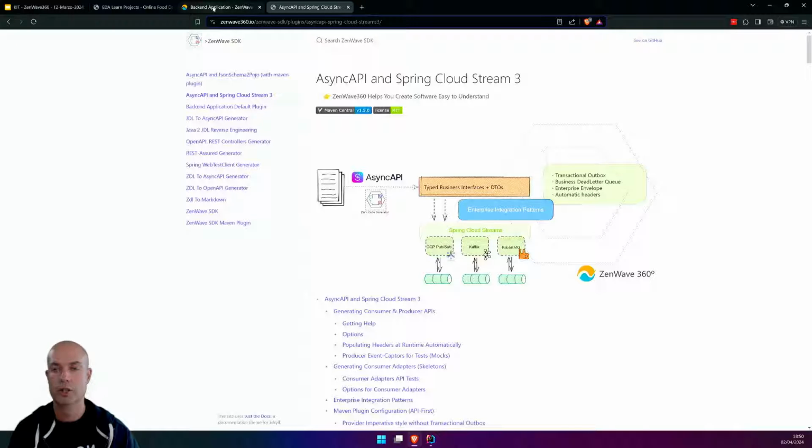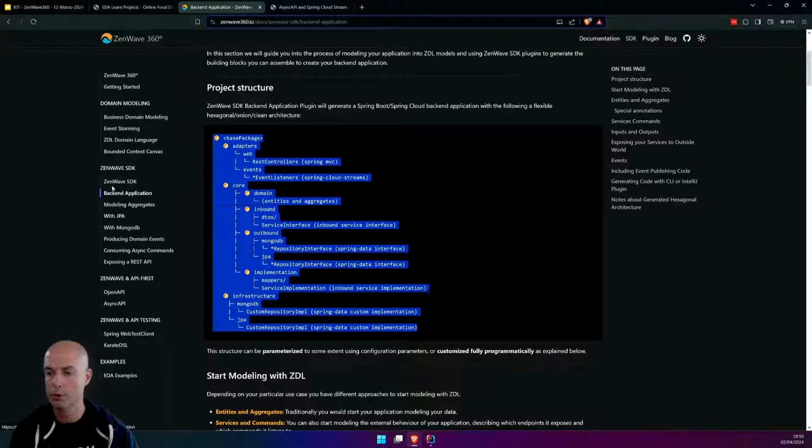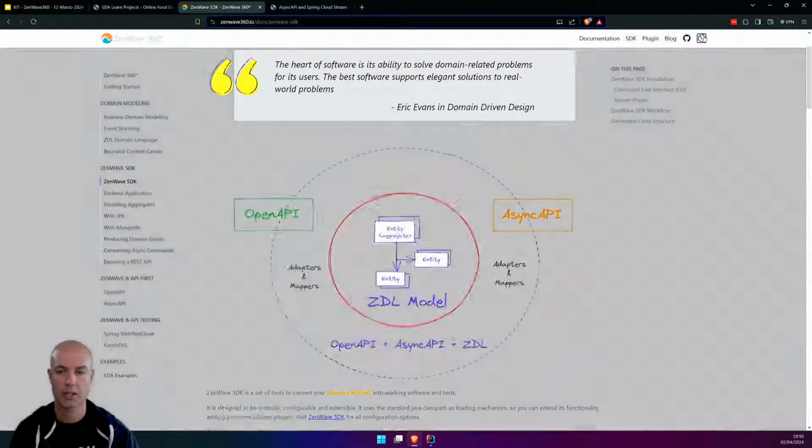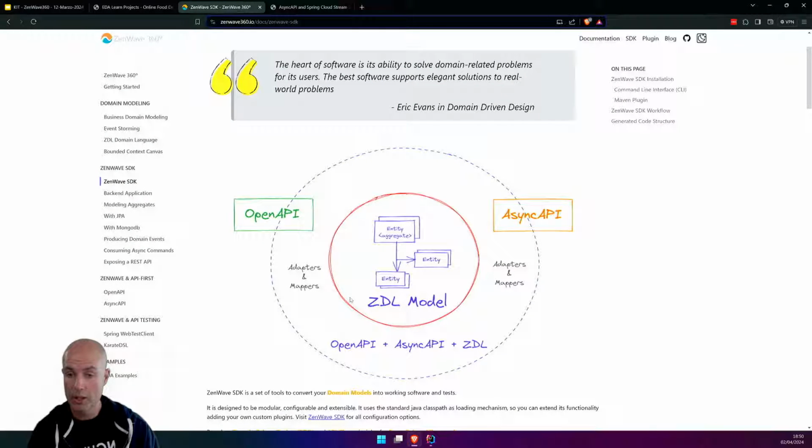Okay, so the picture that I want to show you now is this one, that maybe is better. Okay, so this model, this domain modeling language is for describing the inside of a clean architecture.